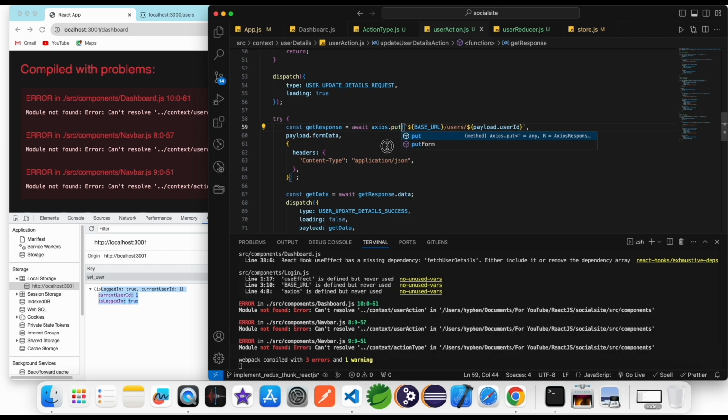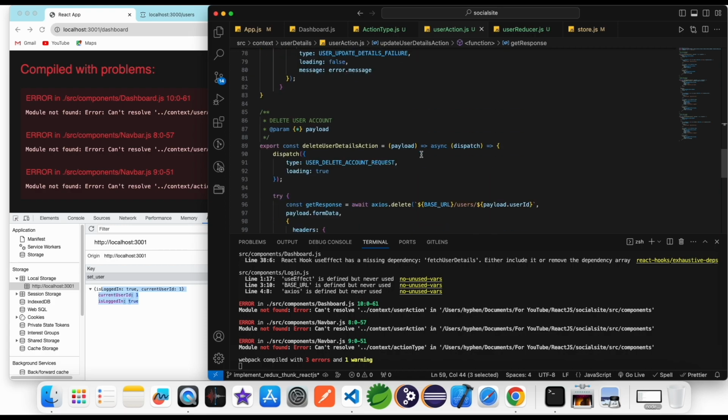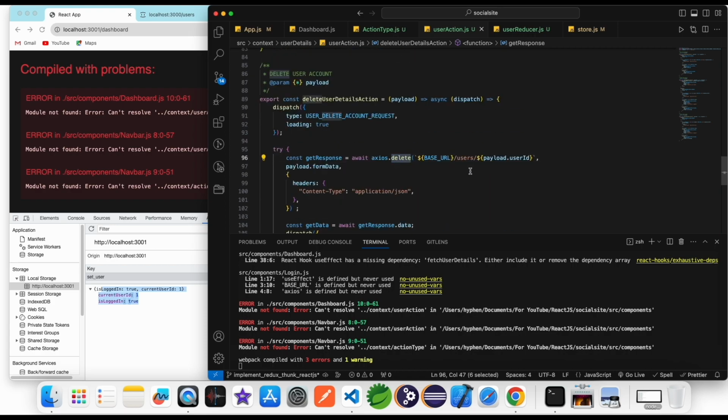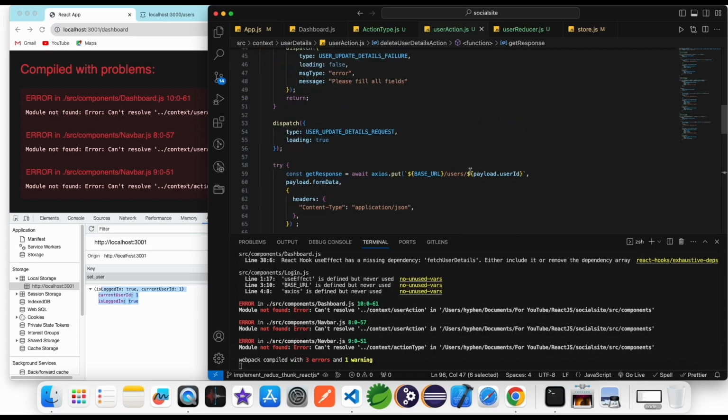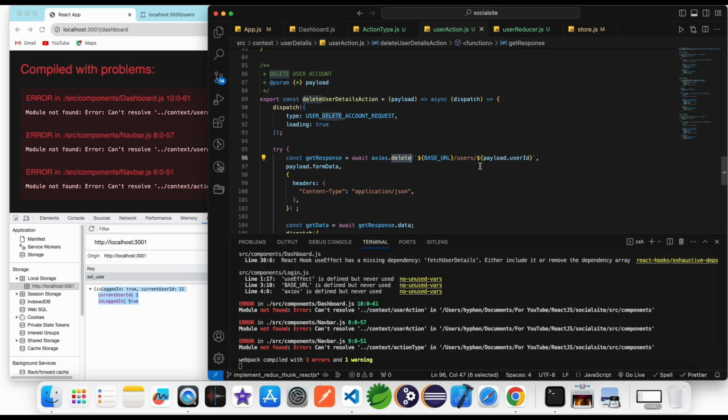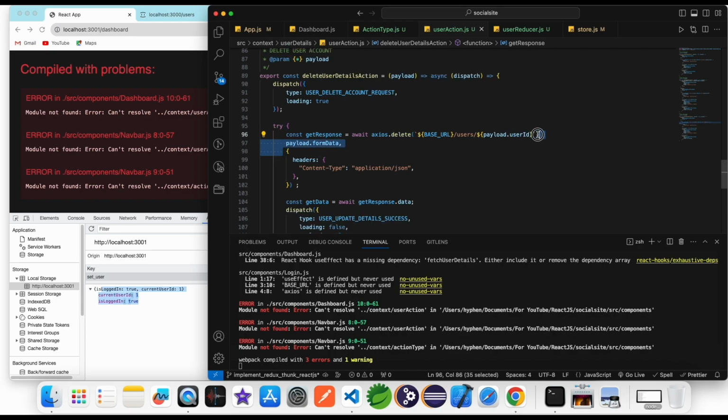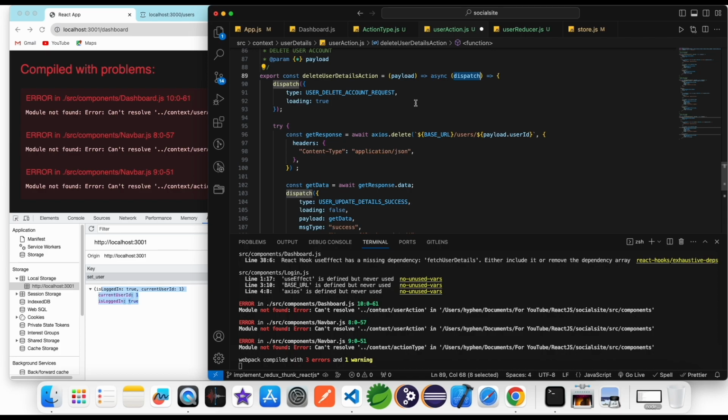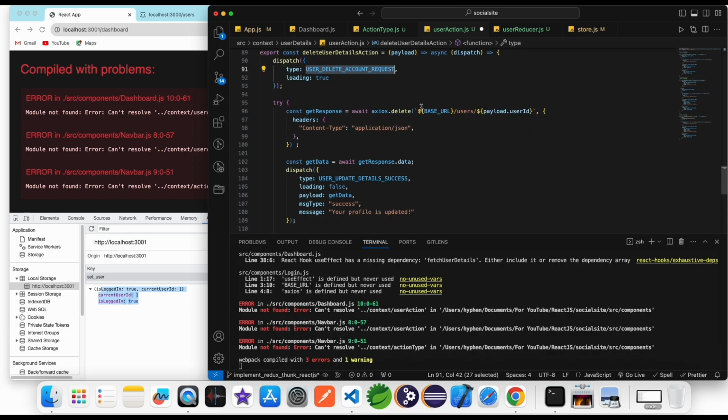Here, put, I forgot to update in put in the update action, sorry. Now there is no need to pass the information in the argument because I simply delete on behalf of the user ID. This is delete account request, and after deleting